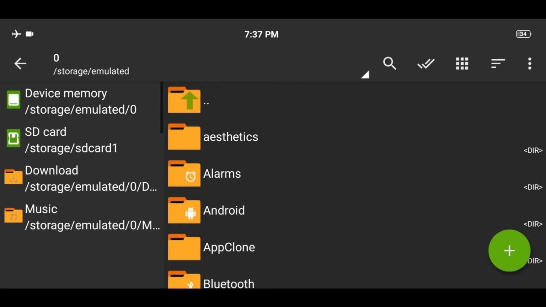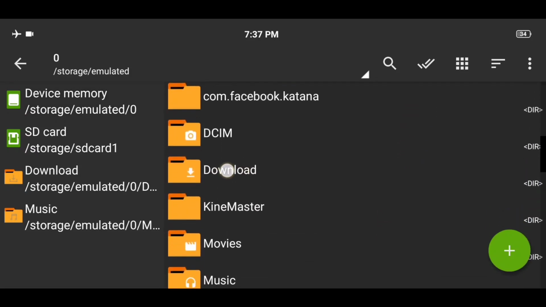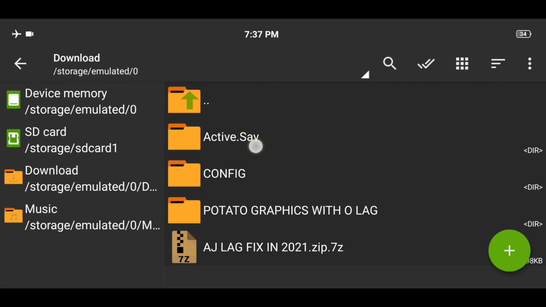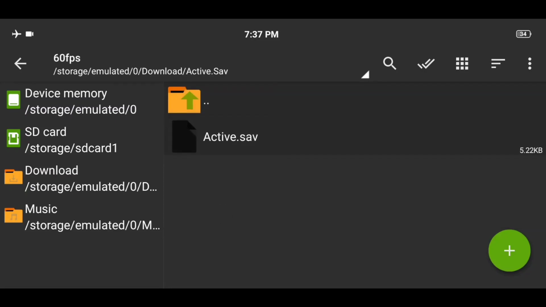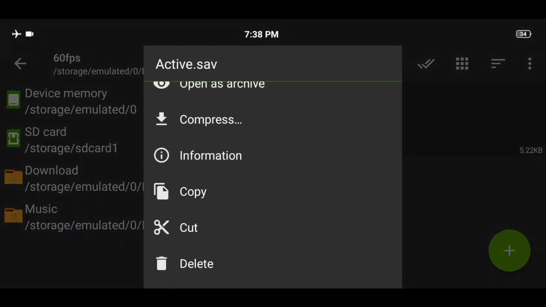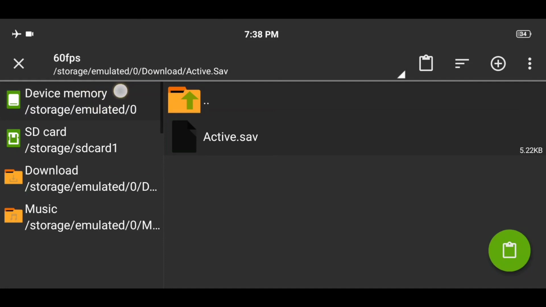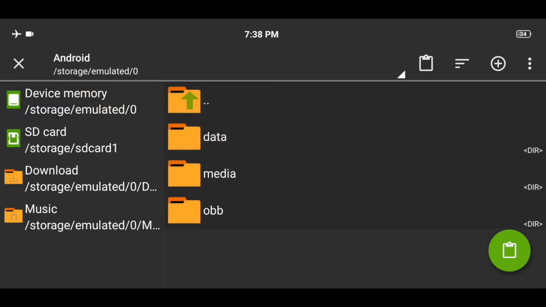Again device memory. Go to download. Next active save. You can get 60 FPS config file here. Copy that. Go to Android, Data,